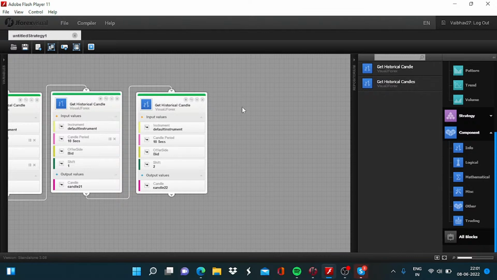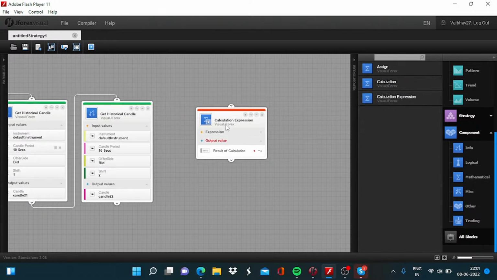By off means the primary market is not open for the underlying instrument, and in this case new entries will be avoided. So I will take one mathematical block here,